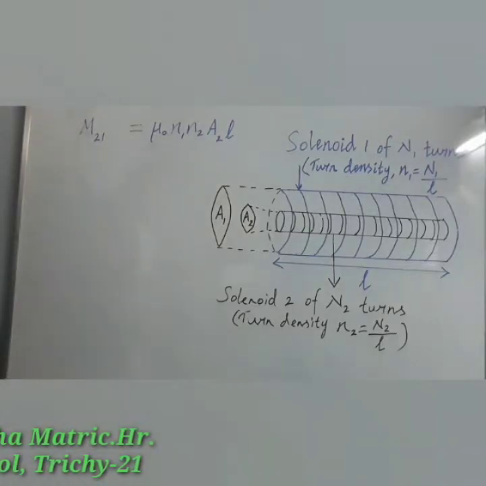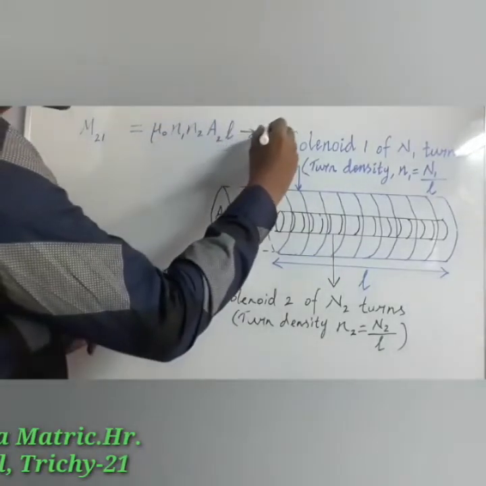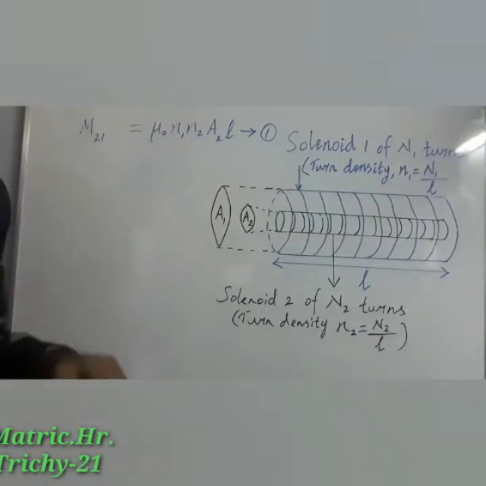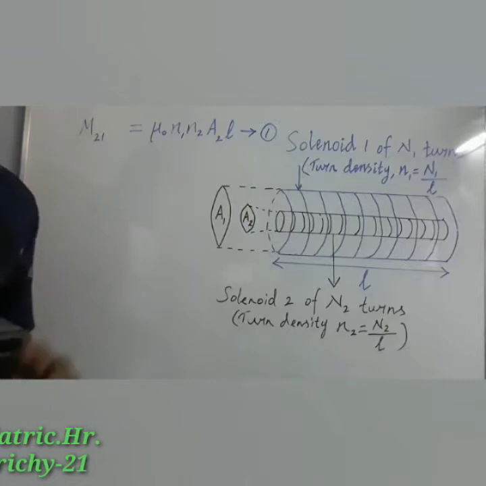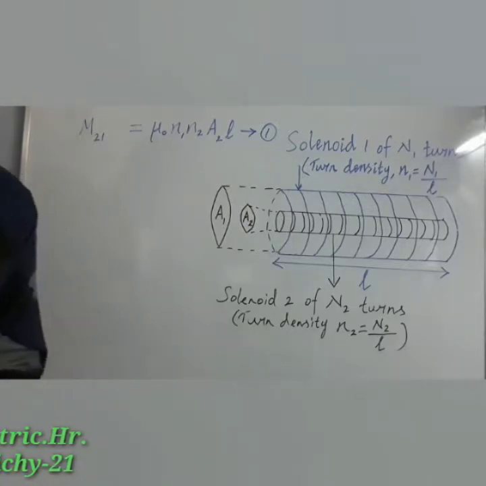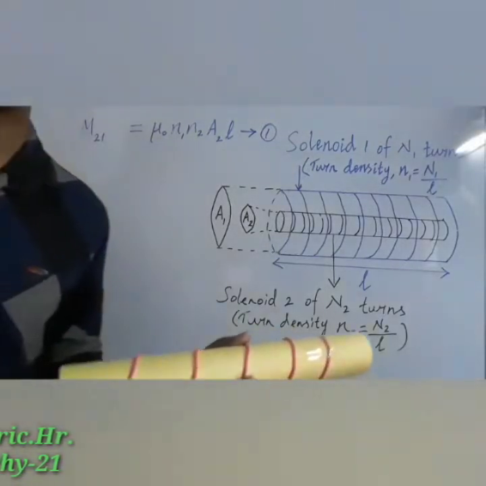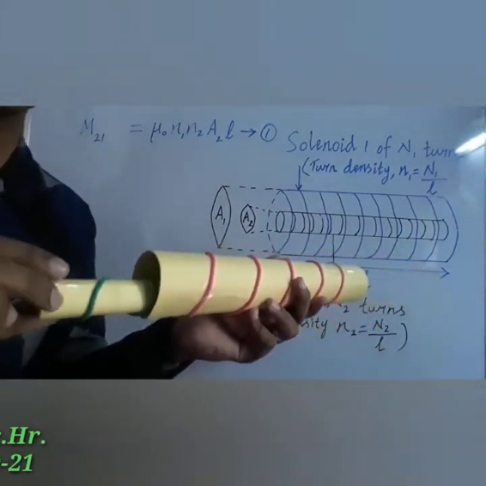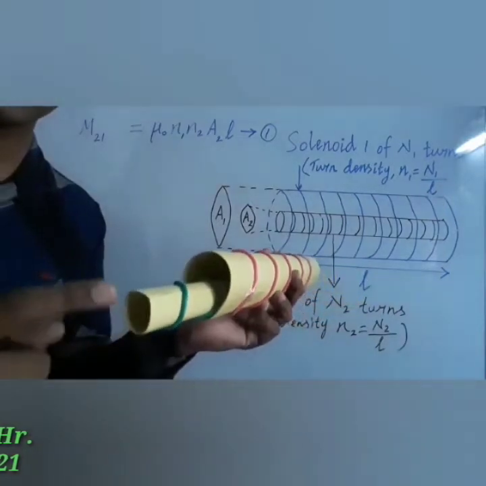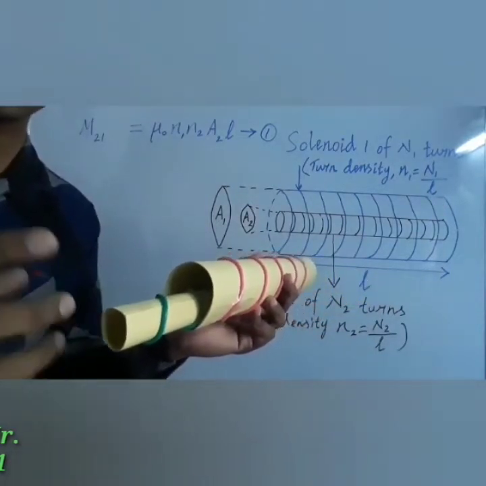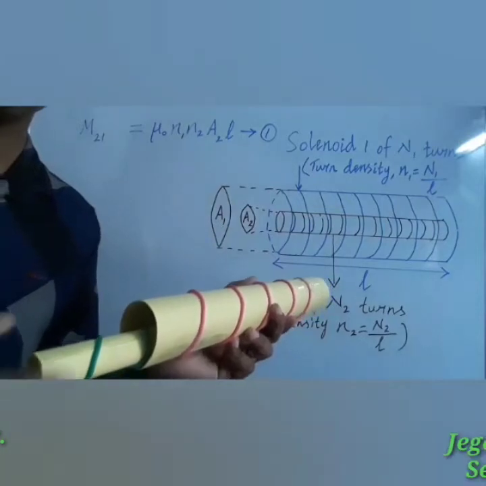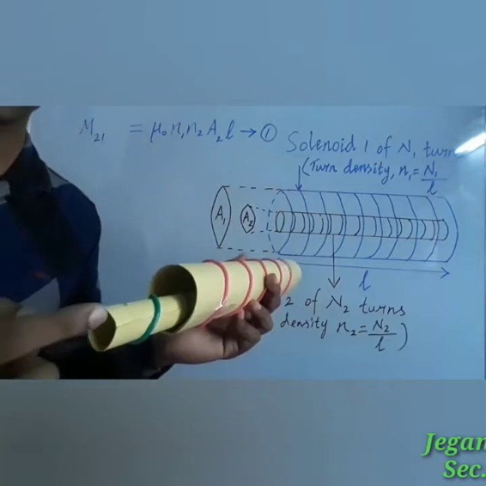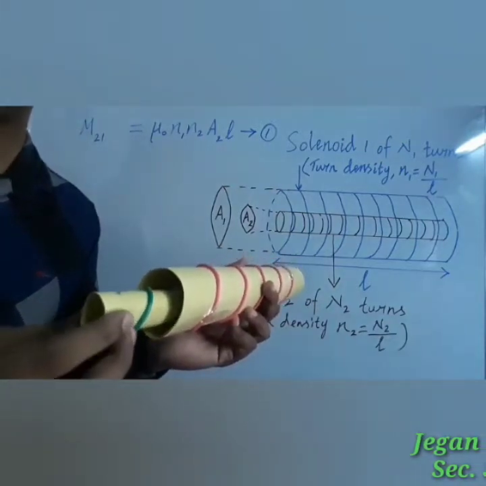Let us take that expression as the first equation. Similarly, we can find the mutual inductance M12 of solenoid 1 with respect to solenoid 2. Now let us consider the current I2 which is passed through the second solenoid. That will produce a uniform magnetic field within the second solenoid, given by the letter B2. But remember, outside of the second solenoid there will be no magnetic field. Only inside the second solenoid there will be a magnetic field.